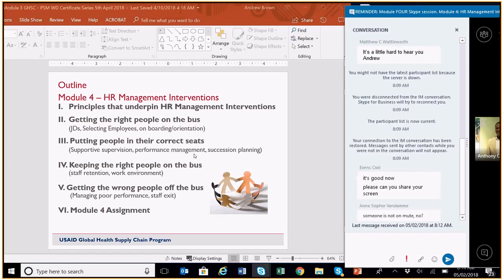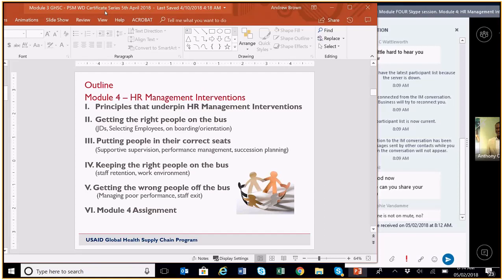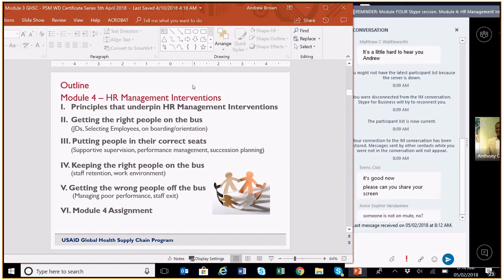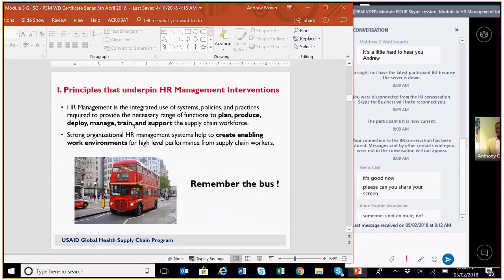If you remember the very first module and webinar I provided you, we spoke about the bus, getting the right people on the bus, putting people in the correct seats on the bus, keeping the right people on the bus, and getting the wrong people off the bus. And this is what I'd like to do today is to continue with that analogy, that metaphor, and reminding ourselves that the bus is our organisation, whether it's the organisation that we're supporting, or whether it's the organisation within which we work, depending on where we're applying these principles. So first one, let's talk about